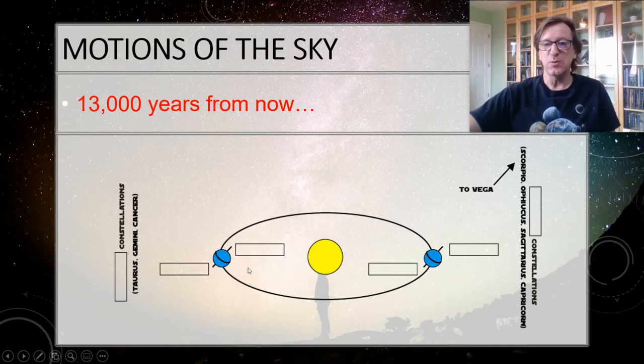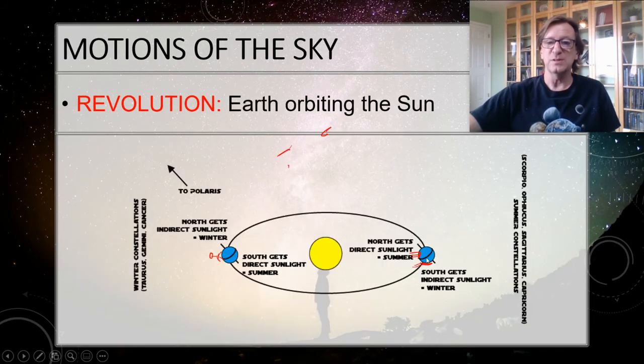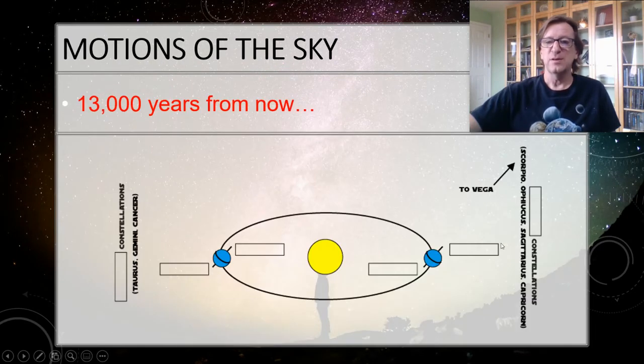All right, 6 months later, we've moved in our orbit so that we're on this side of the sun. We're still pointed towards Vega, just like always. So now what season is it for the Northern Hemisphere? Pause the video, work it out. Okay, so we're getting indirect sunlight here. So that's going to be winter. The Southern Hemisphere, on the other hand, is getting that direct sunlight. So that's summertime for them. So now this is our summertime position, and this is our wintertime position, which is the opposite from what it was over here.